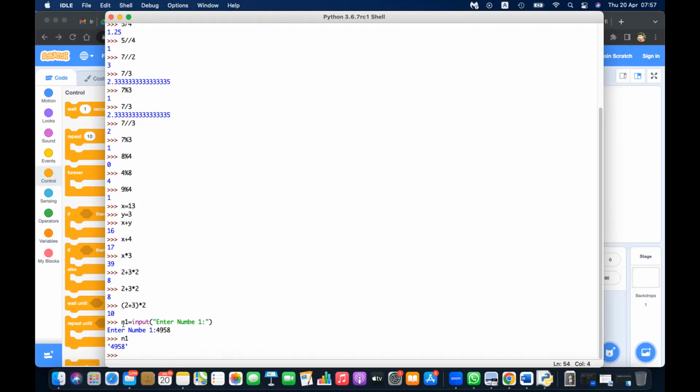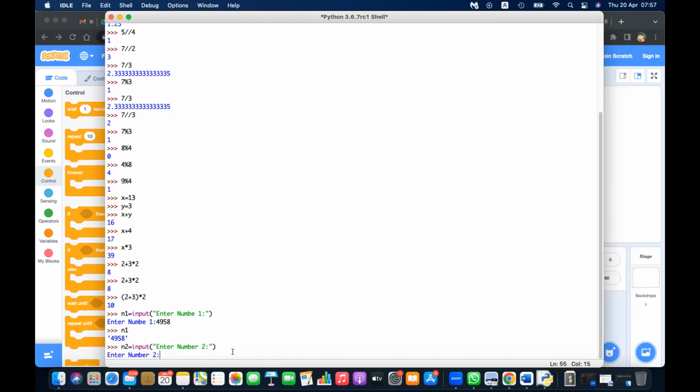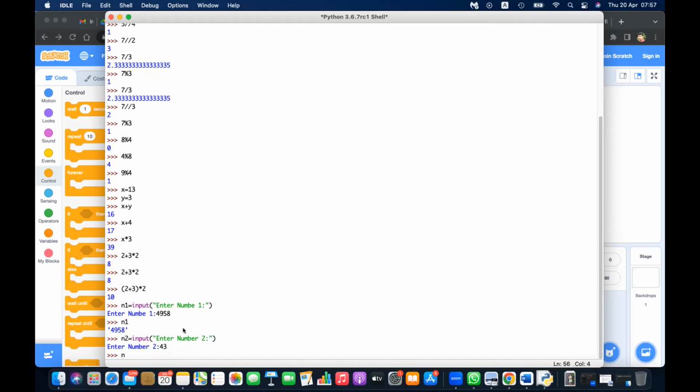Right here, this is n1. So let's take another input, n2. n2 is another input, enter number 2. Oh, number, my mistake. It doesn't matter, it's showing the message in the wrong way. That's all the problem. Let's enter another number. Now, if I say n1 plus n2,